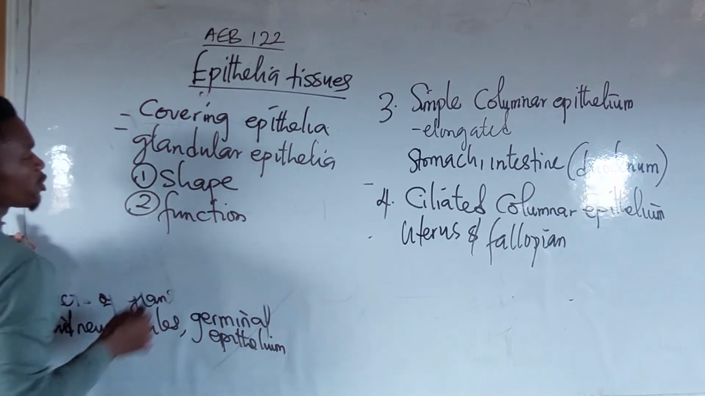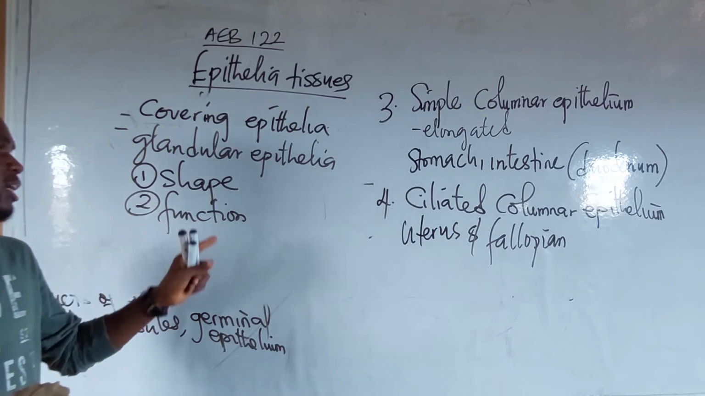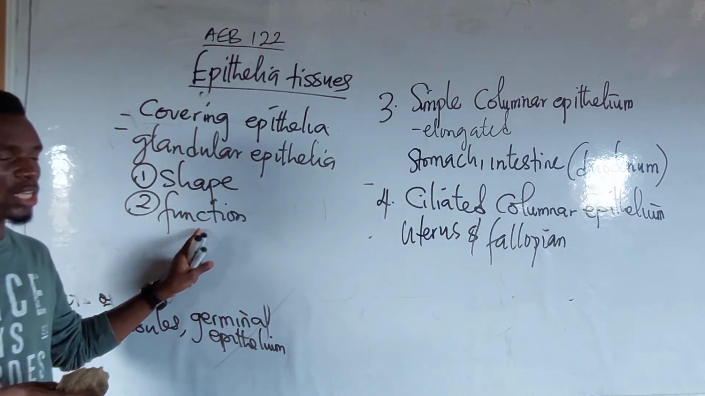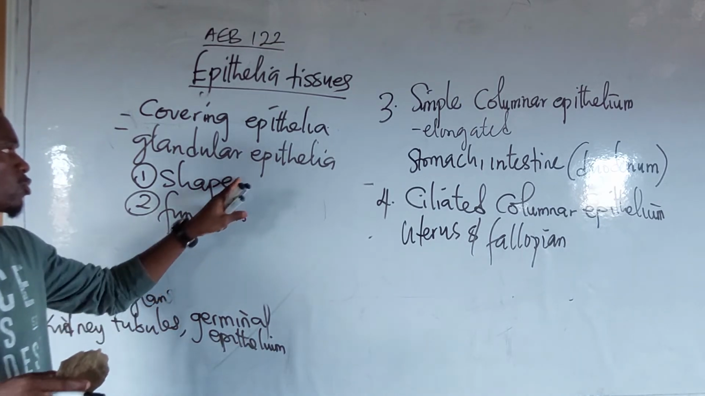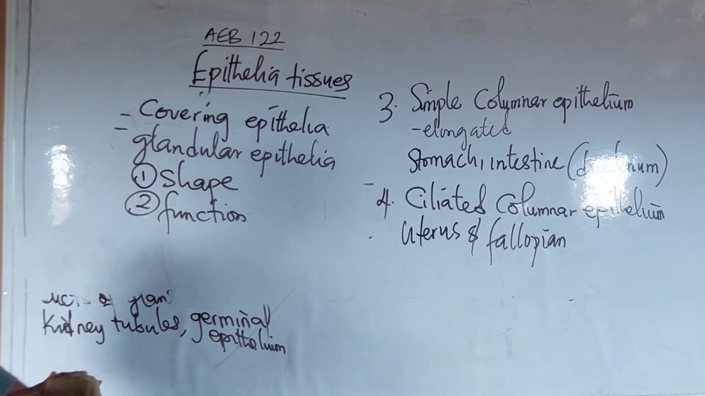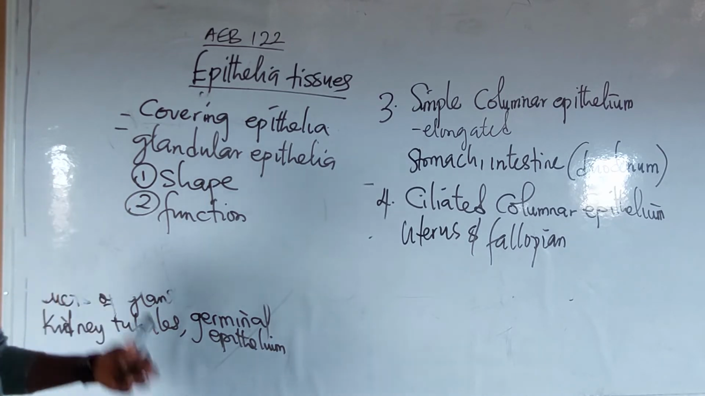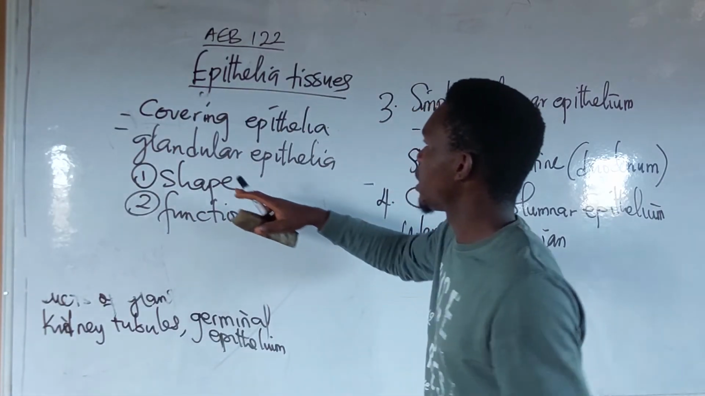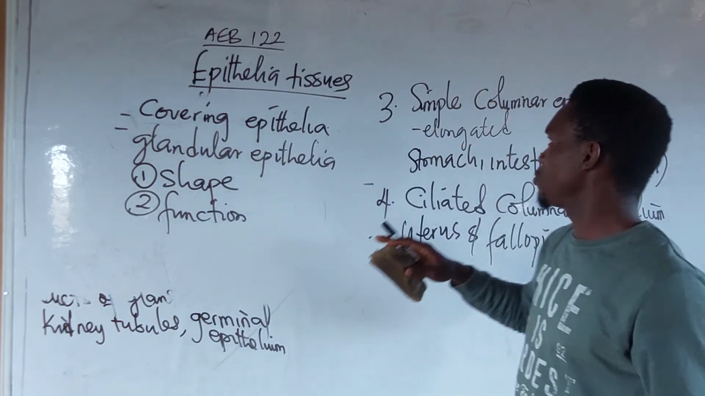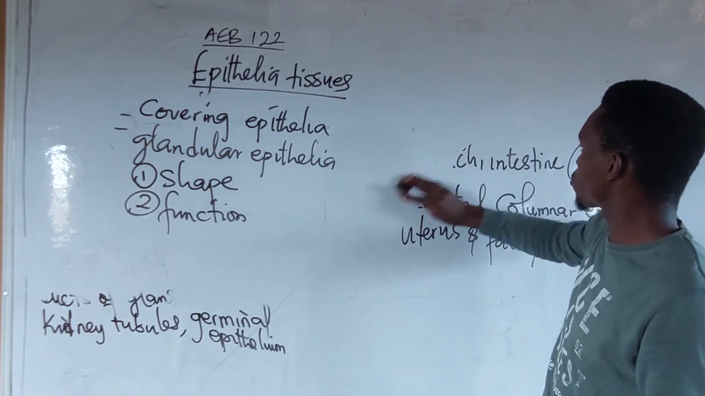Please don't take one for the other. It is very important. Based on two criteria, shape and what? Function. These are the two bases with which the various types of simple tissues are what? Classified. Now, that is for that. I've given the various types of tissues. Now, this covering epithelial tissues or covering epithelium is classified into